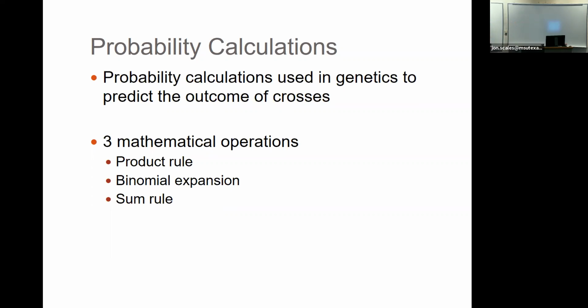So the events you're concerned with will always be able to be stated as a choice, this or that, okay? And then you know, well, I've got to deal with the sum rule. And it's a less used rule. The more used rules are binomial expansion and the product rule.